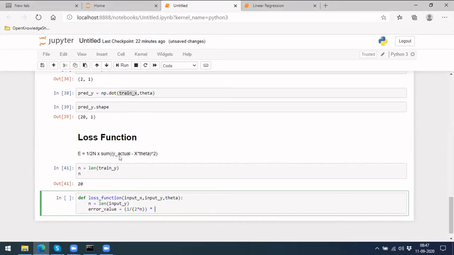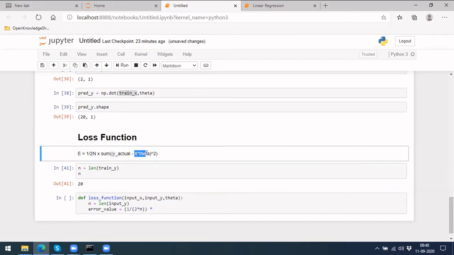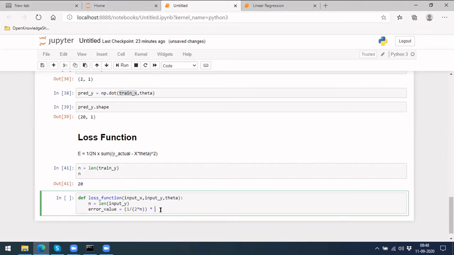So next, the sum of, like usually if you do a matrix multiplication, it will give the sum directly. Okay, let's make it like this. This is actual, and this is theta. Actual we are sending in this argument. Actual minus x into theta, so let's also write it as input theta so that it doesn't mess up outside.